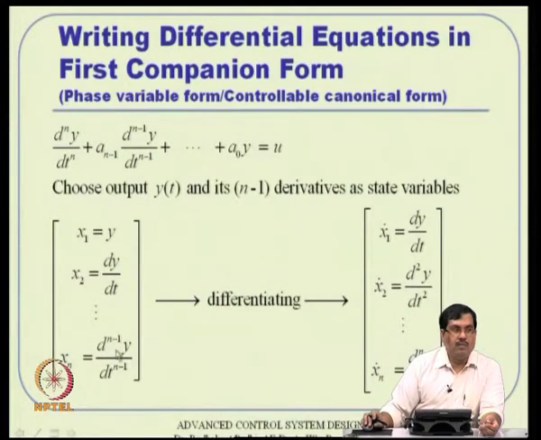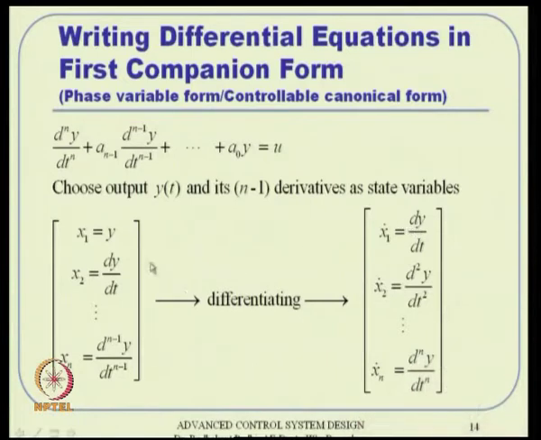So, these are something like system variables that will give me n variables actually. Okay. So, I will differentiate it and take it through. Then x1 and x2 and things like that will constitute a system variable definition. But after that, what are the dynamics involved? So, I will differentiate x1, let us say x1 dot, that is nothing but y dot, and y dot is dy by dt and hence it is x2.